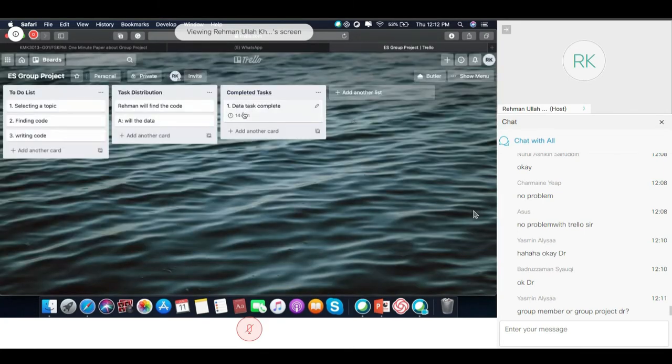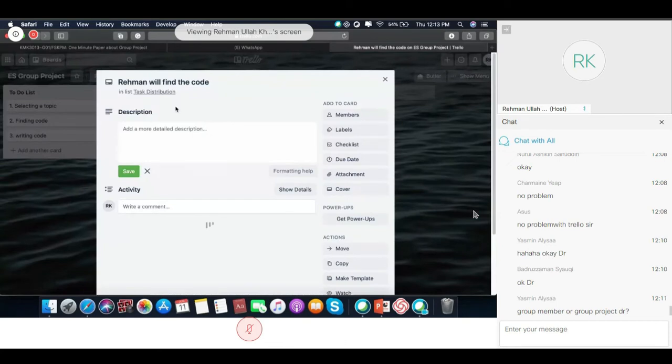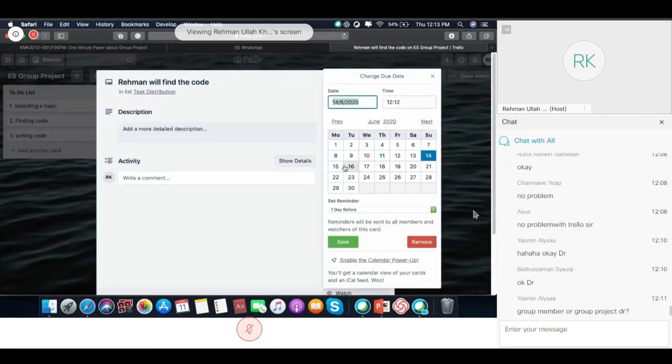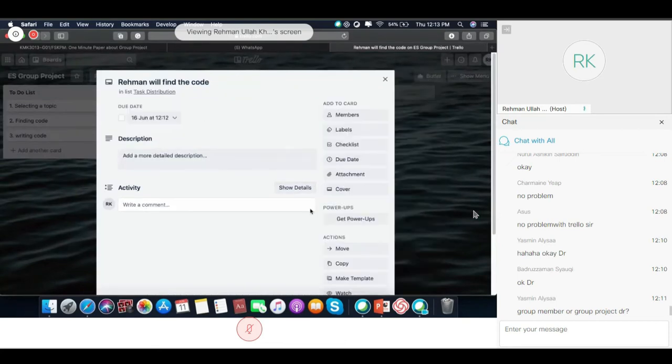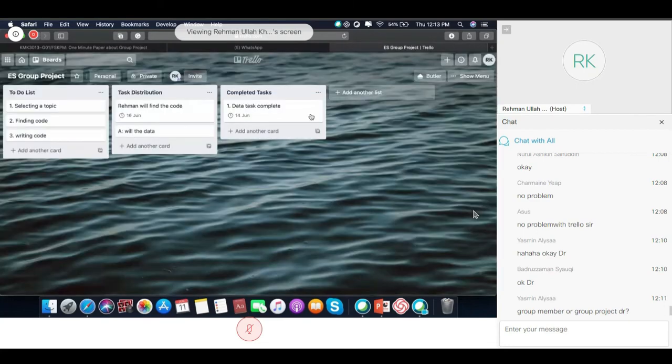Oh, sorry, I should not put this one at the task completed. It should be here like this. Due date. And let's suppose like 16 of this month. Okay, and then just simply close this. So you can see here that the task which is assigned to me, that is also clear, and the time given is also clear. Then here we will see that everybody can complete the task on specific time or not.